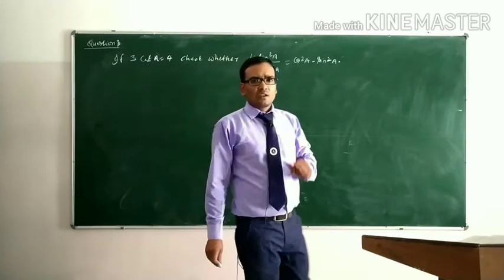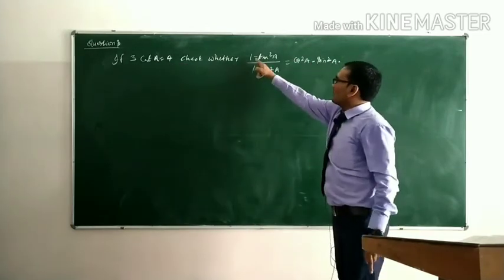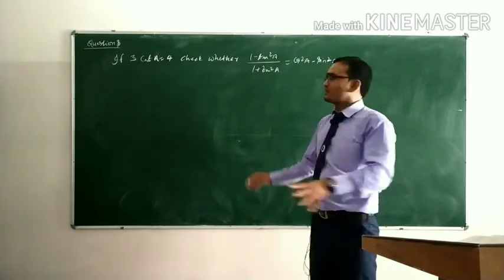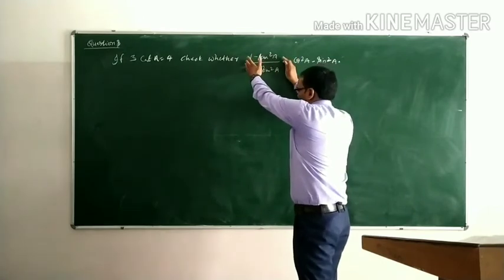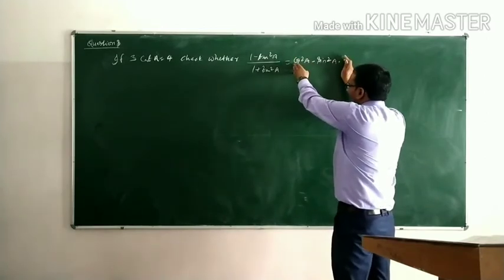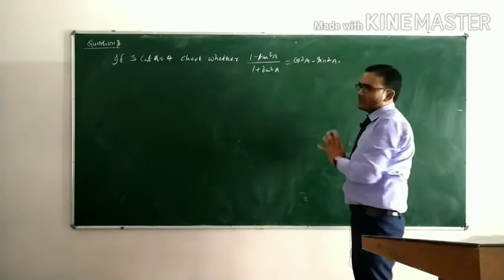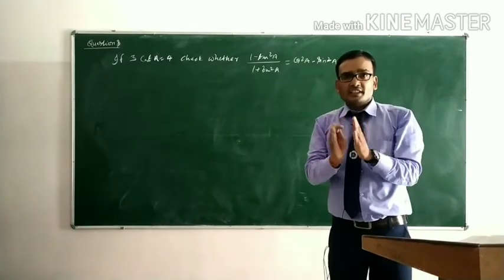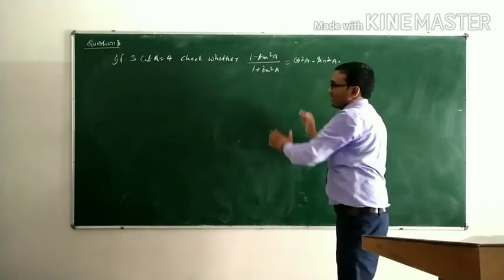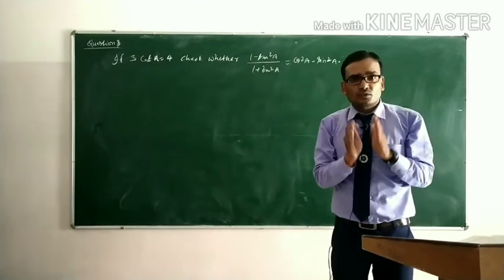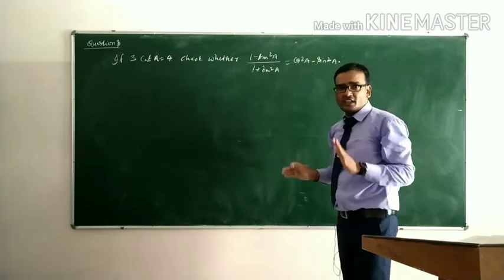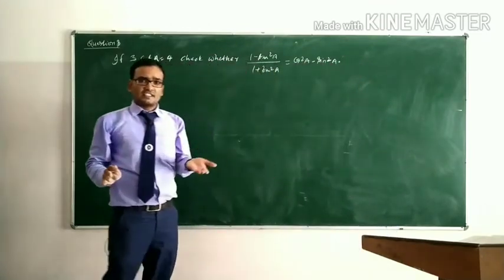For this question, we find the value of 1 minus tan square A upon 1 plus tan square A separately, and again we find the value of cos square A minus sin square A. If these are equal, then we can say that this is right. If these are not equal, then we can say that this is wrong. Okay, students? Our question says,